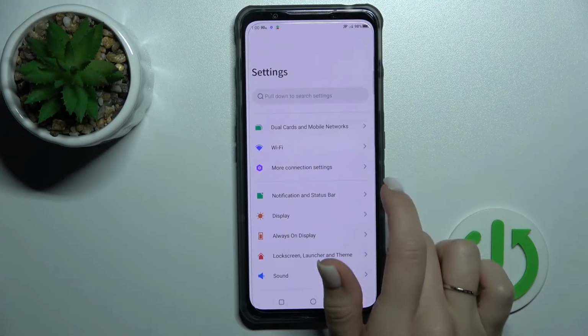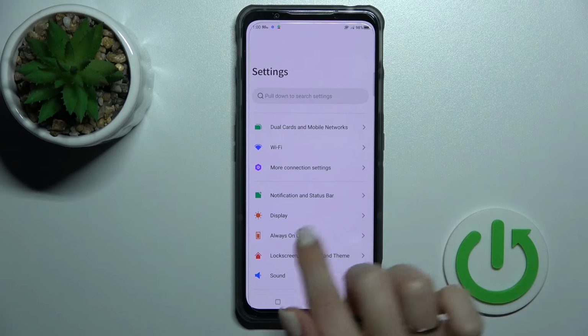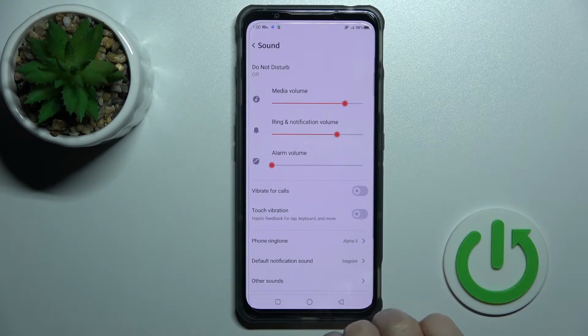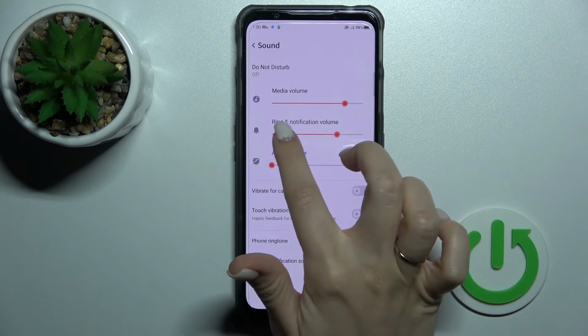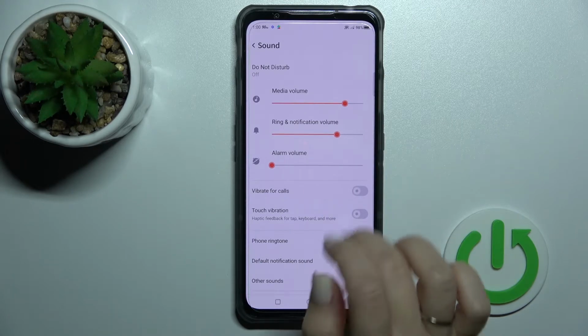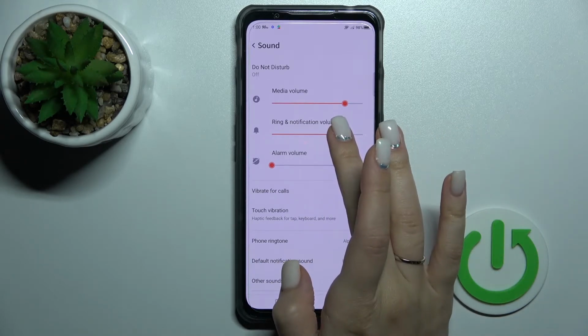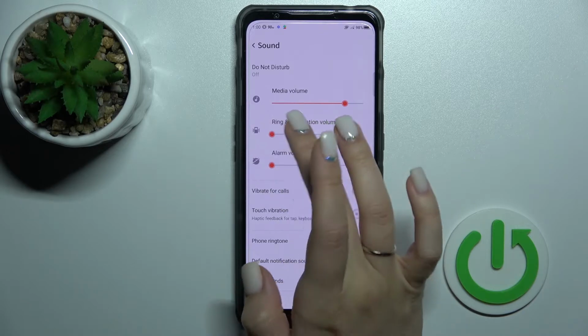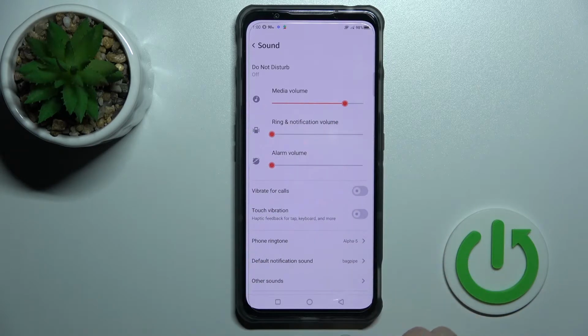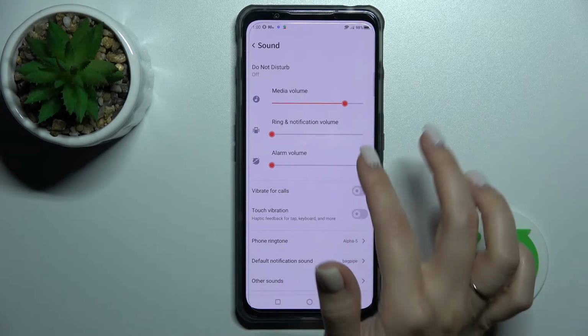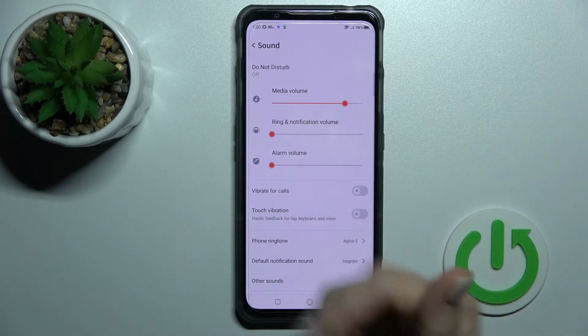So first, we should launch the Settings application, and after that, tap on the Sound section. After that, we can see here the ringtone and notification volume panel. To mute your device notifications, you can hold and drag those red dots to the left side on the ringtone and notification volume panel. But this way, you will mute not only your notifications but also